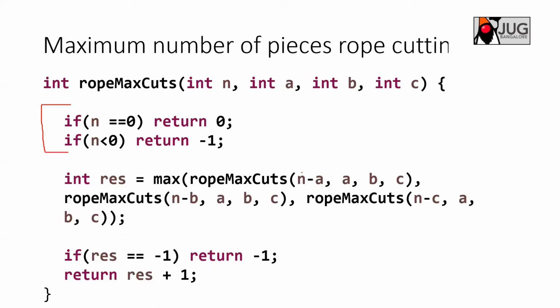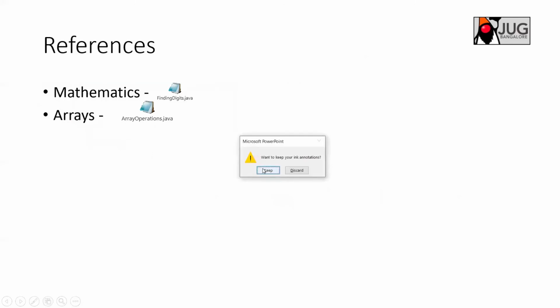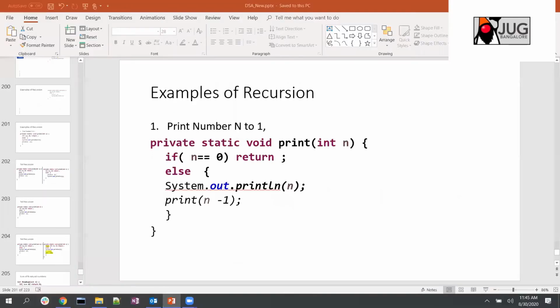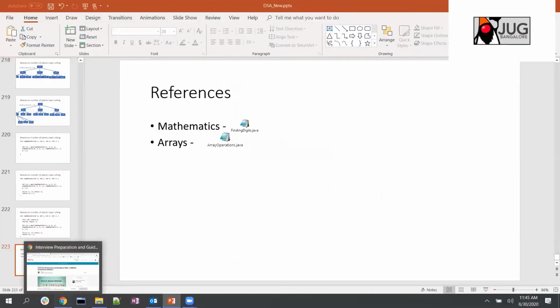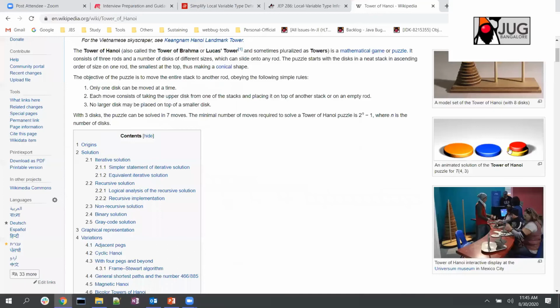I think that's it for today's session. And I didn't take up the Tower of Hanoi problem. I think you people are familiar with that. You try to solve that problem, and if you think it is a difficult one, then we can go through it next week with the code. So it is something like this. If you see here, this is the Wikipedia page of Tower of Hanoi, showing how the problem is solved.